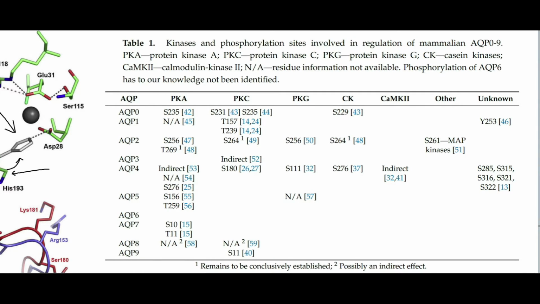And so this is actually looking at the different aquaporins and the phosphorylation sites on it, and the different proteins that can actually phosphorylate those sites. So we have protein kinase A, protein kinase C, protein kinase G, and things like that that can phosphorylate these things. And this S is serine, N/A, I guess, is not applicable, but then T is threonine,